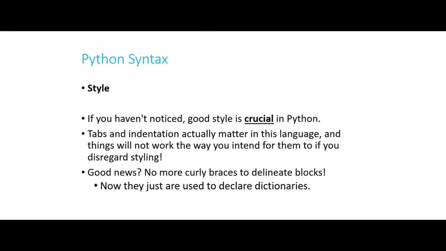Tabs and indentation are key in order to indicate what you intend for it to do. So if I had an if block and I put a colon at the end of it, and I didn't indent the next line in, Python wouldn't know that that line is supposed to be subject to that if condition. So if you have not yet been in the habit of practicing good coding style, now is the time to definitely reacquaint yourself with the CS50 style guide, because if your code in Python is poorly styled, it's probably not going to work. Sorry about that.